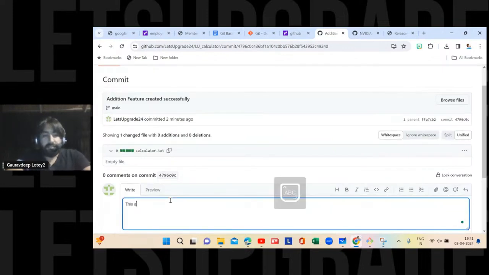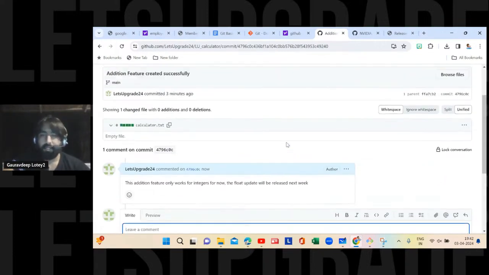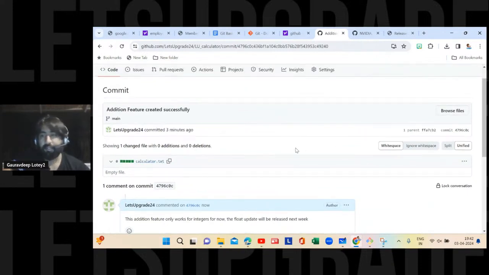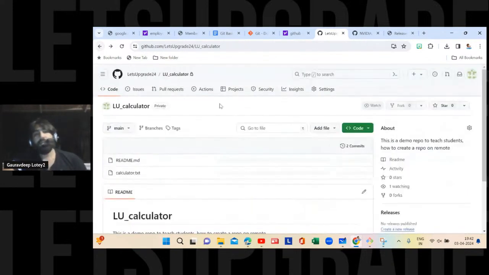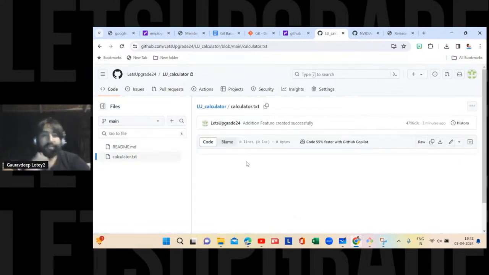You can write this addition feature only works for integers for now. The float update will be released next week. ऐसे भी कमेंट करके आप यहाँ पे पेस्ट कर सकते हो. Comment to this commit. Okay? And this is available. All right. So things like that you can add more things, you can add more descriptions to your commit, and that's how you do it. Now let us say hypothetically मैं git.txt को ना थोड़ा सा ऑनलाइन मॉडिफाई कर देता